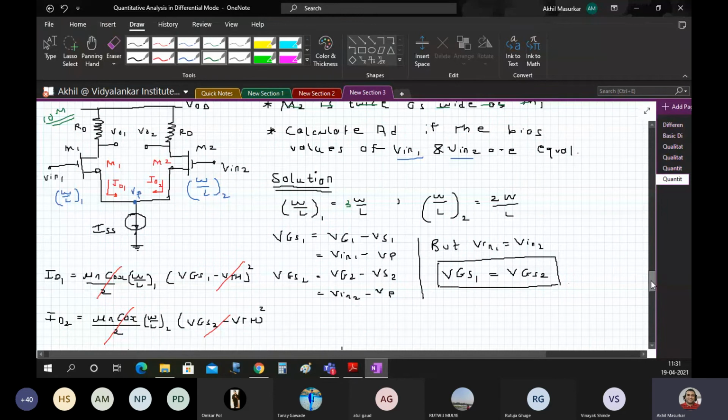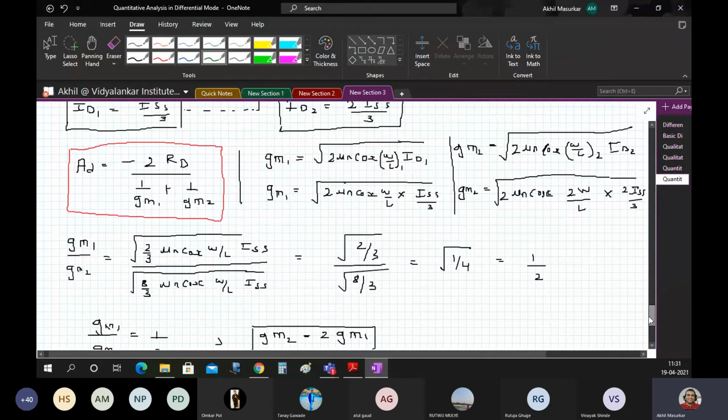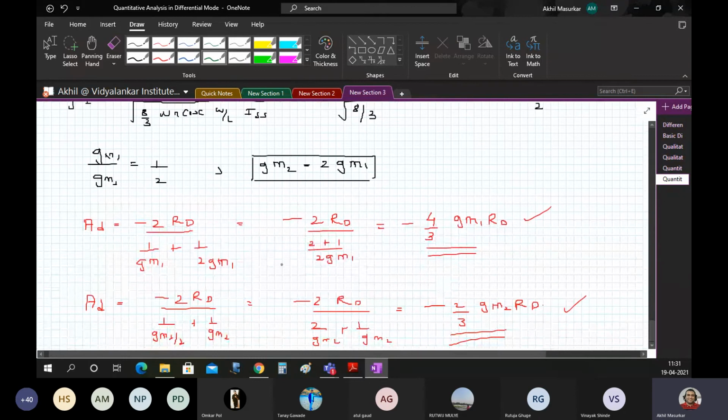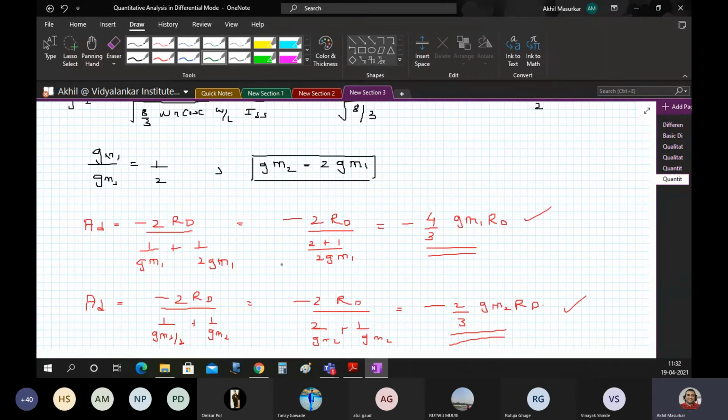So generally we should know how to deal with it. So what is the moral of the story here? That the differential gain increases if we change the W by L ratios of the transistor, but that will lead to different currents. ID1 and ID2 are now not the same, and that is the reason why your outputs might not be symmetric. So it's a matter of seeing the outputs in the lab. Though formula wise the gain says it is minus 4 by 3 GM1 RD,